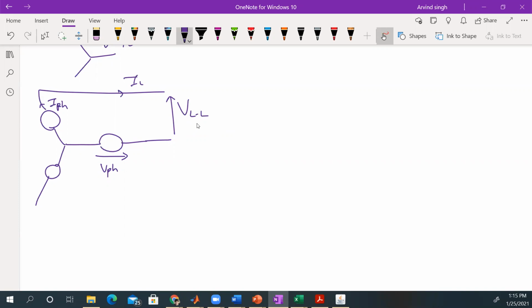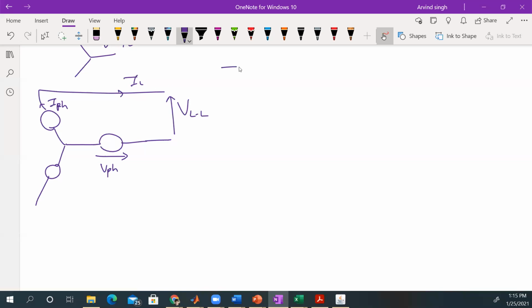Sometimes you'd hear people say line voltage, and that is also acceptable because it is just short for saying line to line voltage. But you'll never hear anybody say line to line current because that is not short for anything. It is not long for anything. So it is meaningless, right? So here we can see